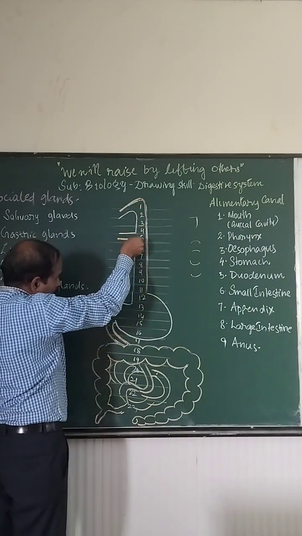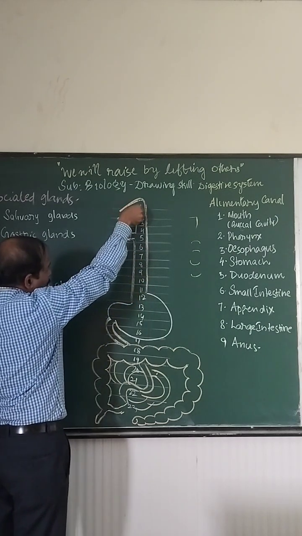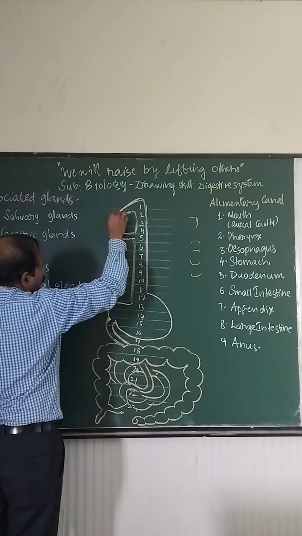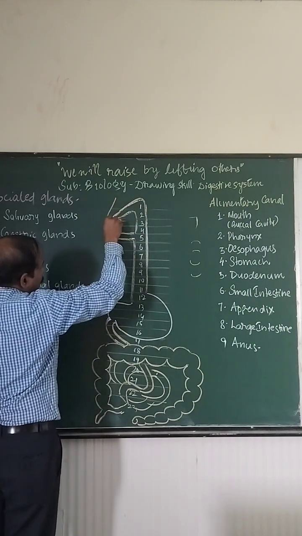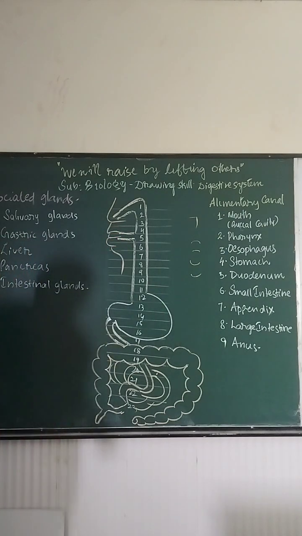another 7 straight from here, and one more 7 from here to here, and then making the final touching of the first 7. Here will be the nose part leading to the mouth and leading to the neck part. So this anterior part is over. Now remaining is the digestive glands.